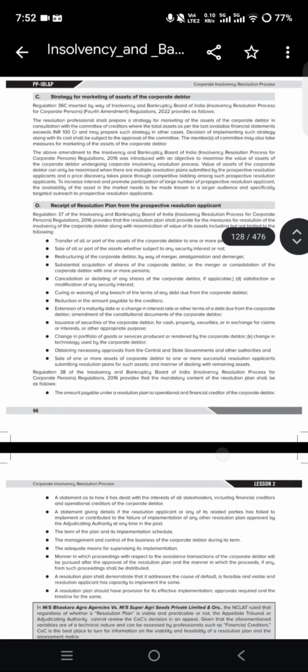Regulation 38 provides that the mandatory content of a resolution plan shall be followed. The amount payable under a resolution plan to OC and FC of the corporate debtor, a statement as to how it has dealt with the interest of all the stakeholders including FC and OC, a statement giving details of whether the resolution applicant or any related parties has failed to implement or contributed to failure of implementation of any other resolution plan approved by the AA at any time in the past,